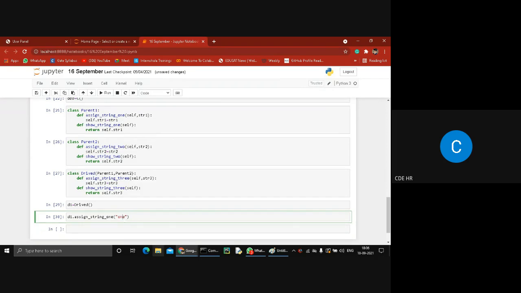Now I want to show the data available in parent class 1. How do we print the data available in a particular class like parent 1? What is the syntax? D1 dot show string 1.